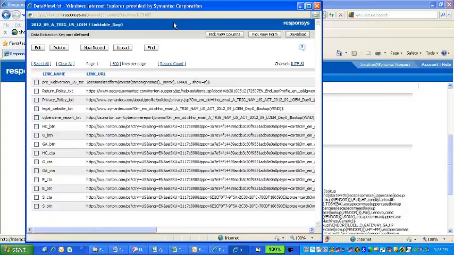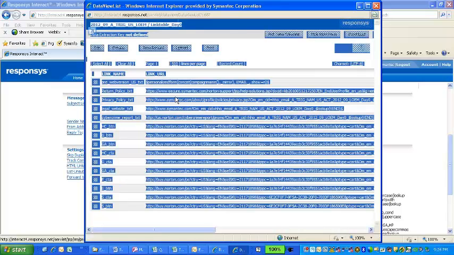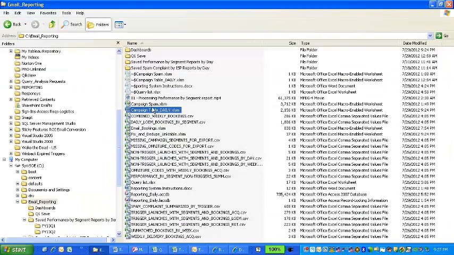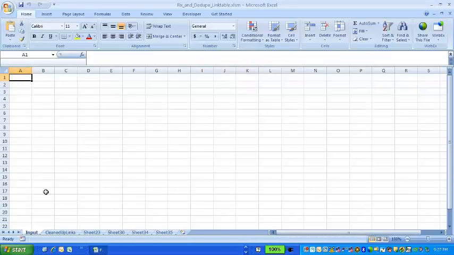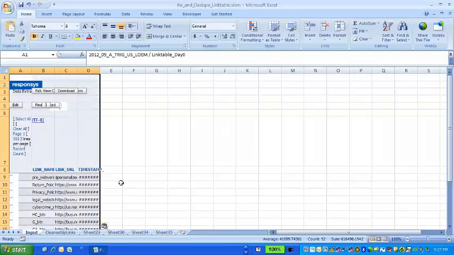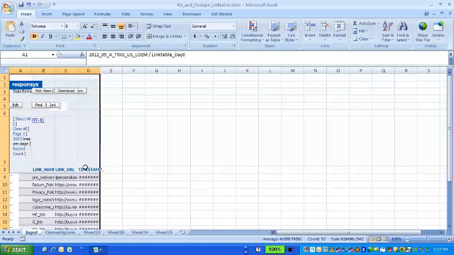So we can quickly parse this data just with a quick macro functionality. If I select just Control-Alt to get everything in the window, we can right-click, copy that. If we go back to our C email reporting folder, this fix and dedupe link table just has a simple parsing macro in it. If it has the input tab, if we paste in the links as we just found them within that link table, it may take a few seconds because there's this one actually went quickly, but sometimes it will take a few seconds to paste just because there's a lot